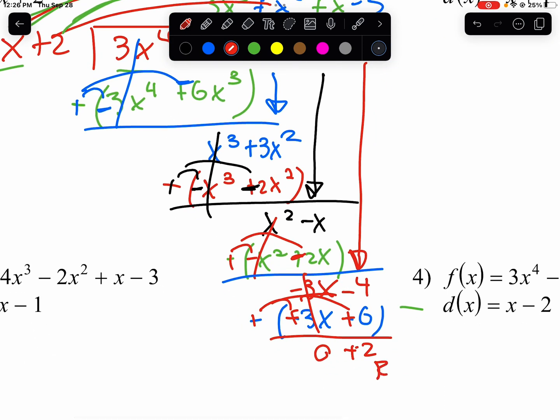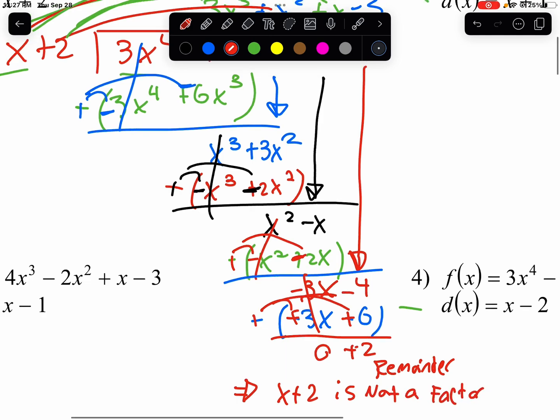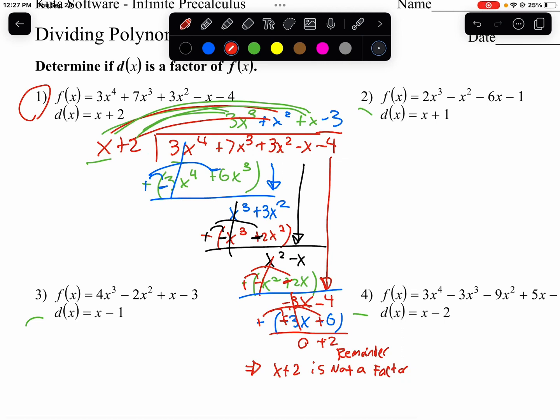And this is called a remainder. If you get a remainder, that means that x plus 2 is not a factor. Okay? So we're left with a remainder, and the remainder is going to look like this. It's going to be plus 2, whatever's left over the divisor. This is the remainder. Okay? All right, I'm going to go through one more with you guys,